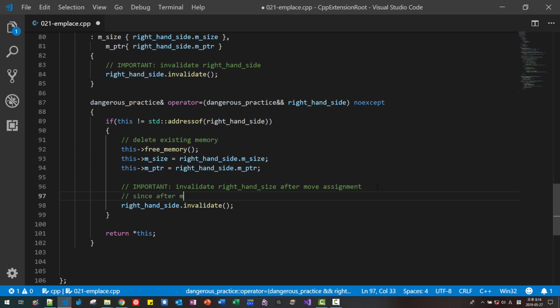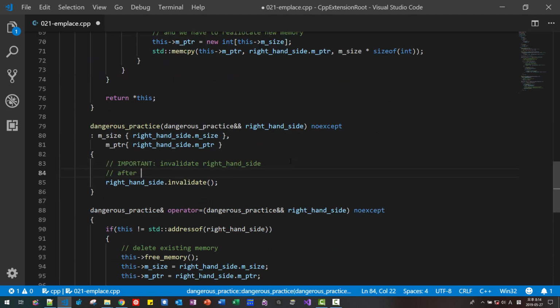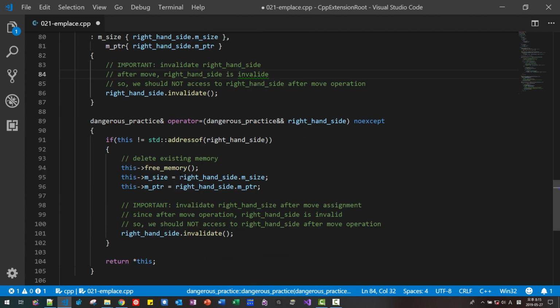Since after move operation, right hand side is invalid, so we should not access right hand side after move operation. Okay, also here after move right hand side is invalid, so we should not access right hand side after move operation. Understanding this part is very important. Okay,